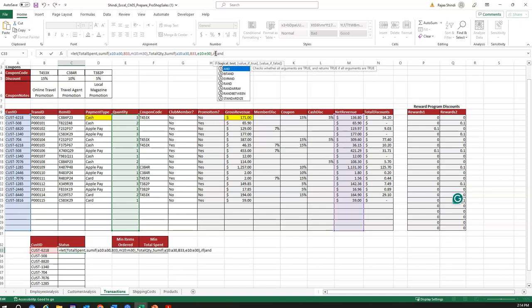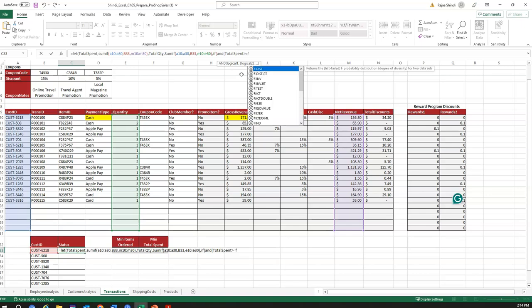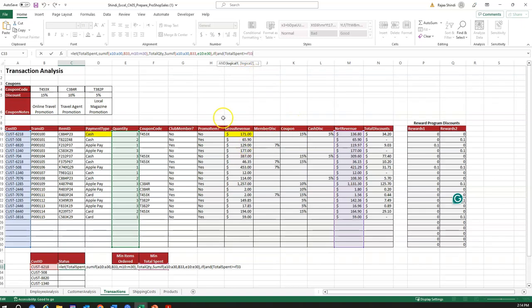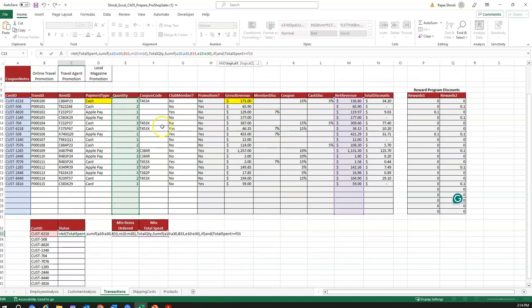According to the logic, I need to have two conditions, which is the total. So it's a variable, you can see it already exists here, so I'm going to use that. The total spent: if the total spent is greater than or equal to the threshold in F33, okay, you have it here, that's the minimum item spent,